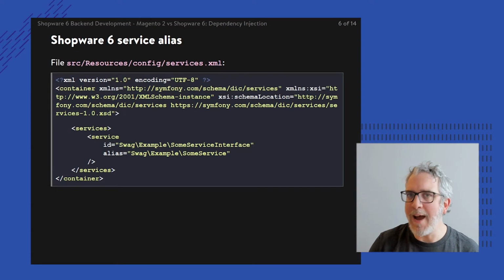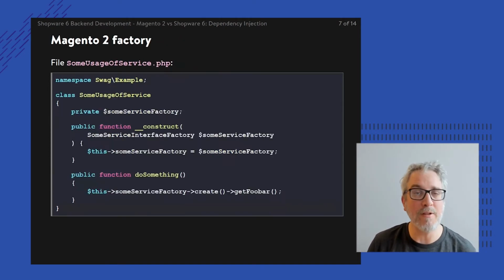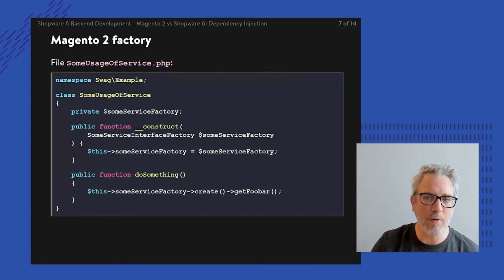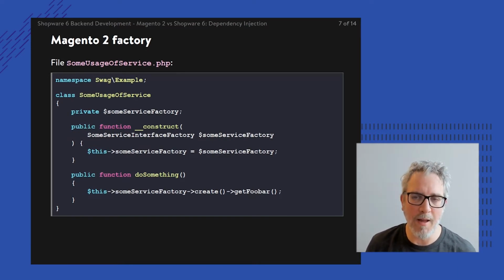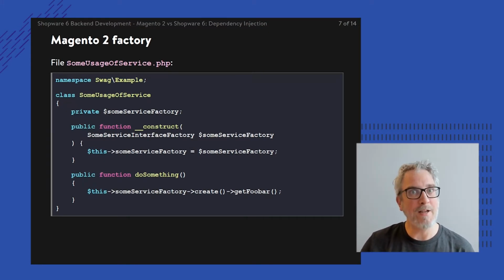Now there's more DI configuration types in Magento. So often I start with explaining a preference and then I move on to the other part, which is a factory. So instead of injecting the instance that I require, for instance the some service class, directly into that other dependency, some usage of service, I'm also able to inject a factory into it. And there's multiple reasons why this could be beneficial. For instance, every time I inject a specific dependency into a constructor, the dependency is always a singleton.